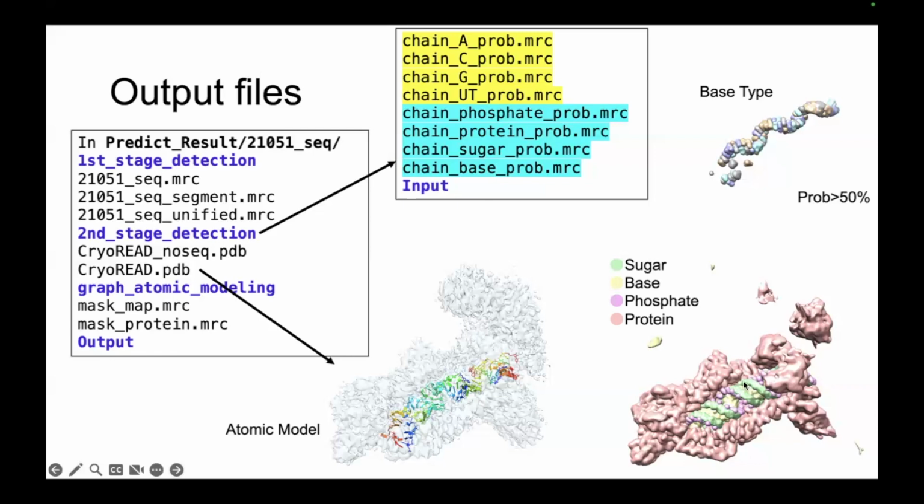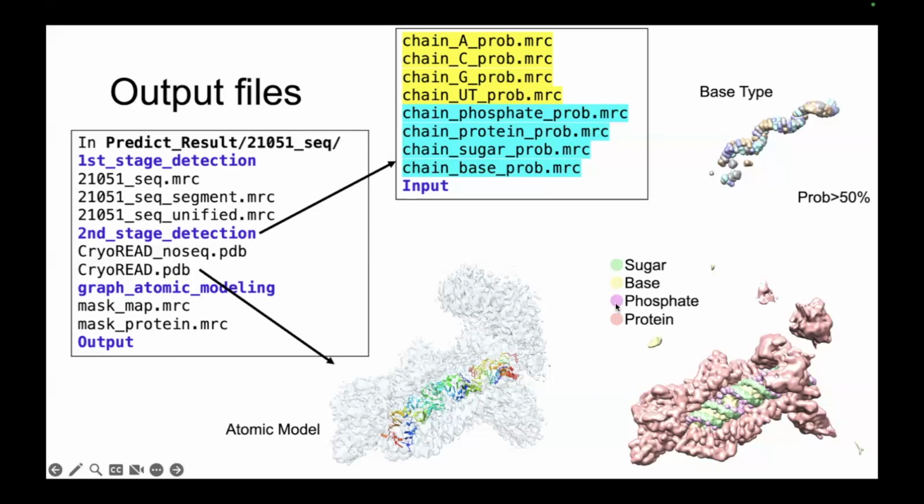So the U-Net deep learning detected these green positions as having over 50% probability of being sugar. Then yellow is the base. So inside of this green ring, the helical regions, U-Net detected that these positions are sugar.